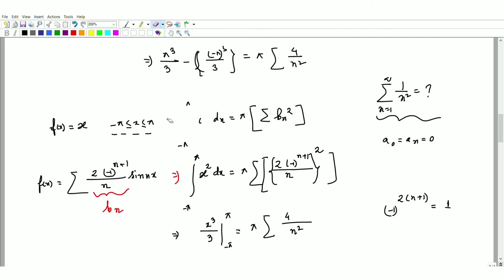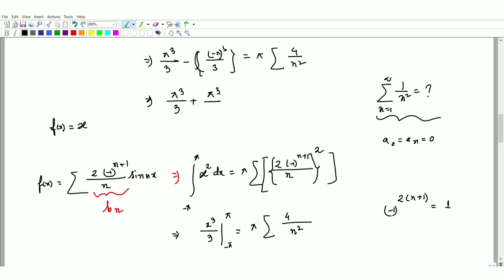Okay, so after that it will become pi cube by 3 minus minus plus pi cube by 3 is equal to pi summation 4 by n square. Then this will become 2 pi cube by 3 equals pi, if you take the 4 outside, it will become 1 by n square. So if you will arrange this one